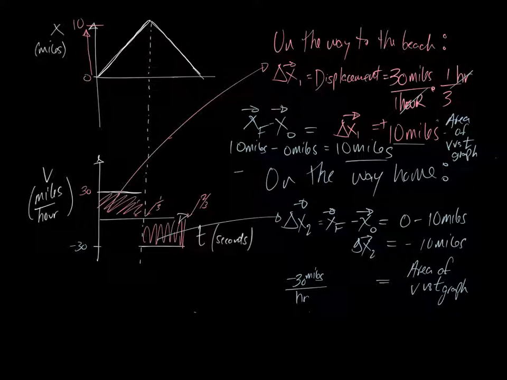So I got negative 30 miles per hour times, and it's 1/3 of an hour again, and hours will cancel. And so delta x displacement on the way back is going to be negative 10 miles, right? Now, if I want total displacement,